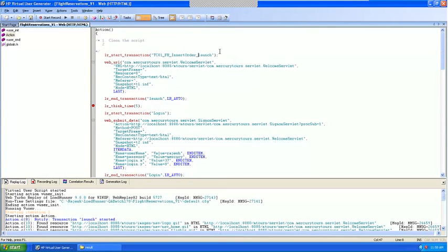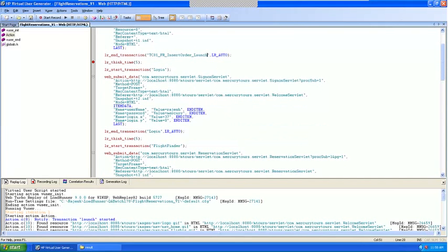So put the L as capital all the time, the first word as capital. Launch. Copy the same thing and put it in the end. Don't forget to do that, otherwise the scripts will start failing. Same I'm going to do here. Now instead of TC01, I'll give TC02.